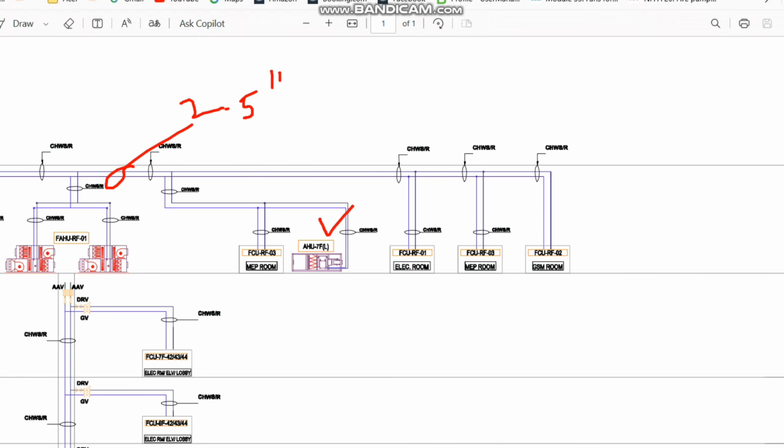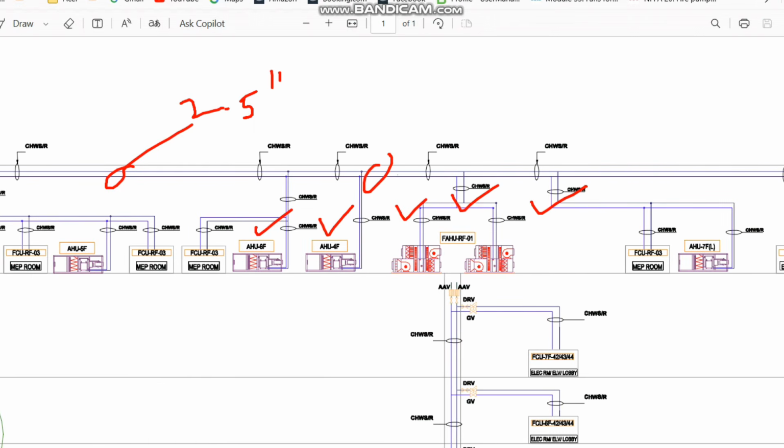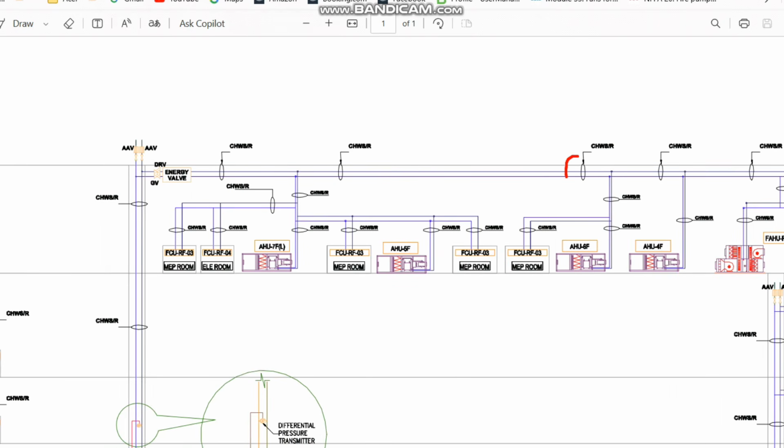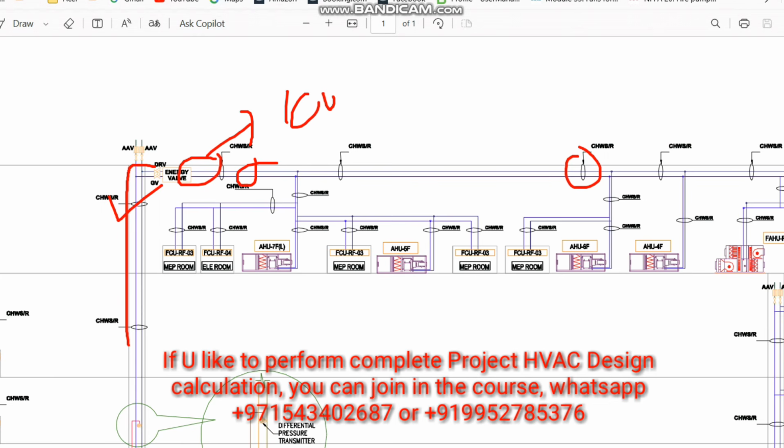So we know the pipe size here, here, and at these three points, and here also. Like this, one by one you have to add all the pipe sizes by getting the total kilowatt from the schedule, converting to tons of refrigeration, and adding one by one. So finally you will get the answer here, here, here, and finally the riser also follows the same concept, because if you know all the flow at this point, for example, let's consider 100 GPM here, the 100 GPM size will come for the riser also, because here we are not following the velocity method. I am following the velocity plus friction method. So whether it is a riser, tapping point, soft point or header is not an issue. You can follow the head loss and the velocity value only.